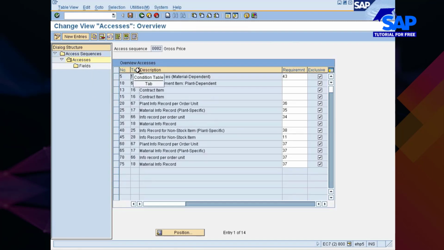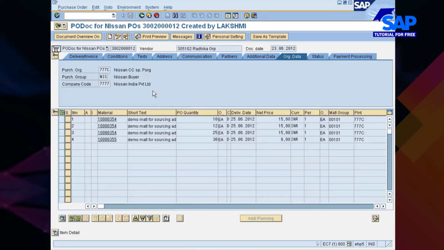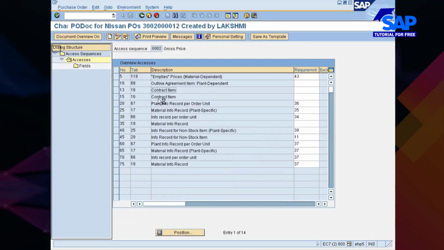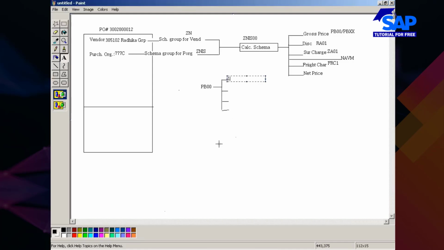Access sequence key 0002 will have these many conditions: 118, 68, 16, so on and so forth. I'll just pick some of them based on my experience. You see here, I'll go with contract item, that is 16.